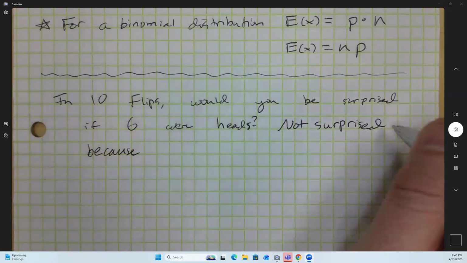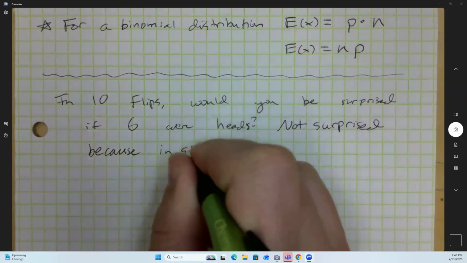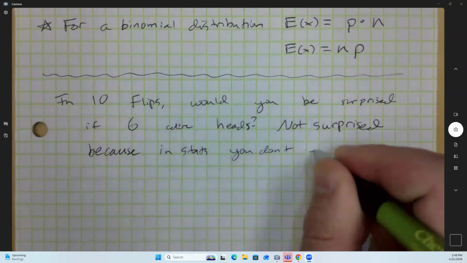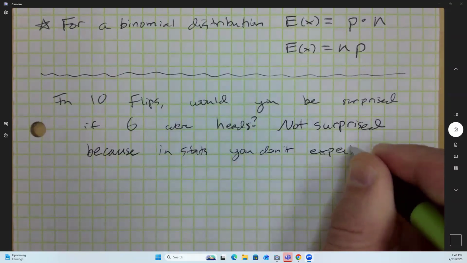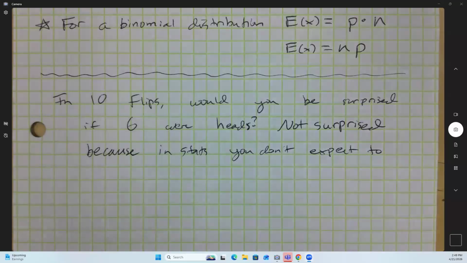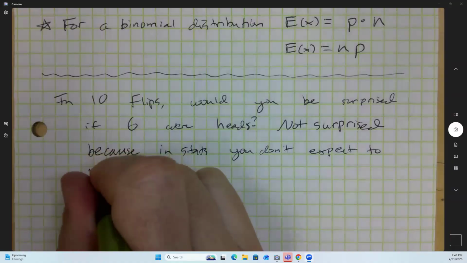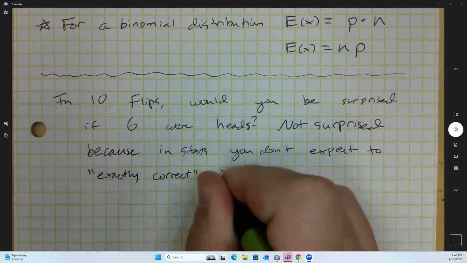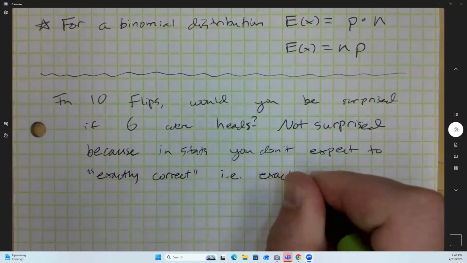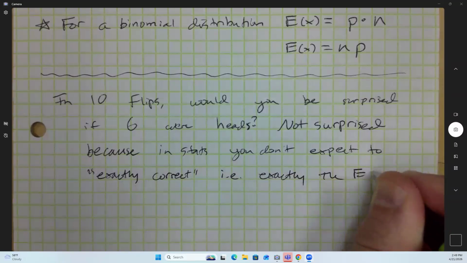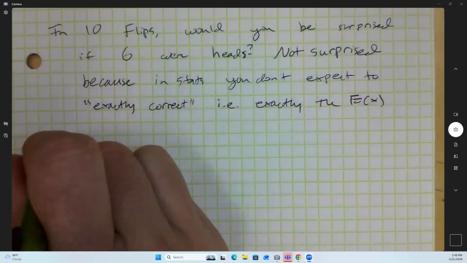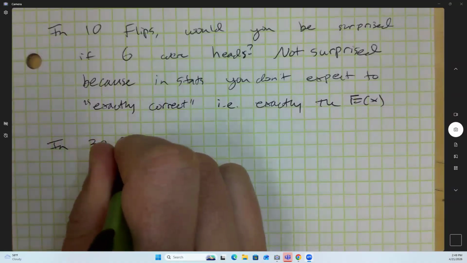Yeah, so not surprised, because in statistics, you don't expect to be exactly correct. And in this case, exactly correct would be landing exactly on the expected value. Okay. How about in 30 flips,